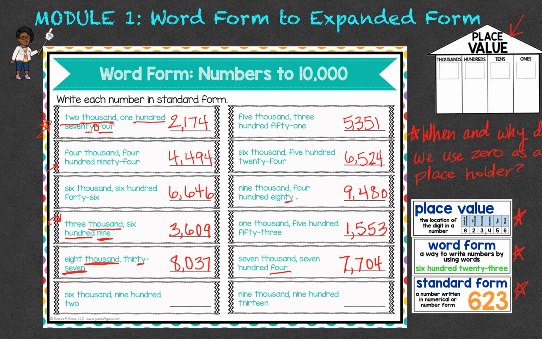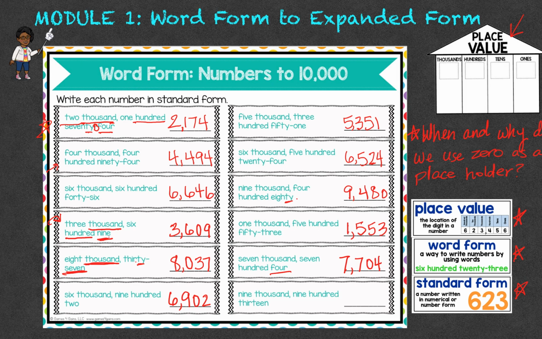So this first one is 6,902. So I see 6 in my thousands place. I see 9 in my hundreds place. Then I just see 2. So I know that I have a group of ones, but not tens. So tens, I'm going to put a 0, and ones, I'm going to put a 2. And that's how I'd write 6,902. The last one,